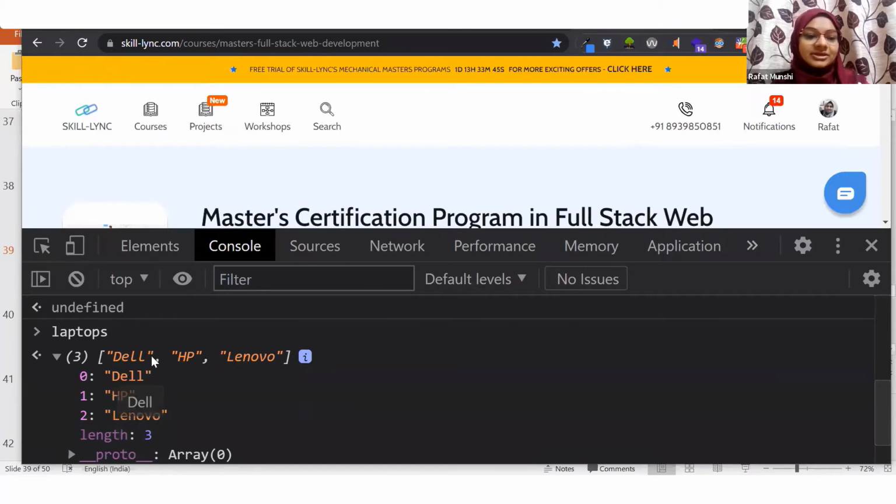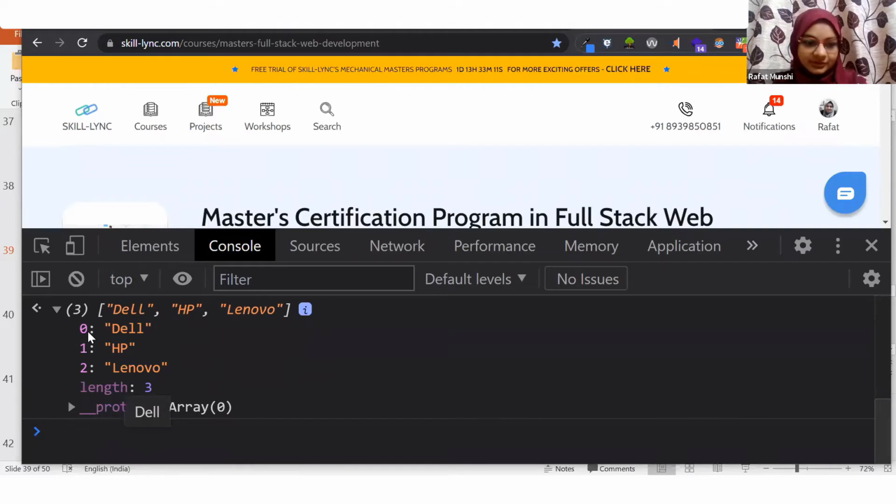So now, how many elements are there in this? There are 3 elements, right? But now it is giving the numbering from 0, 1, and 2. So in JavaScript, in fact, in any programming language, array numbering always begins with 0. This is something which you should learn. Computer science professionals, if I wake you up from sleep and I ask you from where the numbering of arrays begin, you have to tell 0. You cannot even by mistake tell 1. Because if you don't remember this fact, then you will create a lot of problems for yourself while coding. Okay. It begins from 0, 0, 1, and 2.